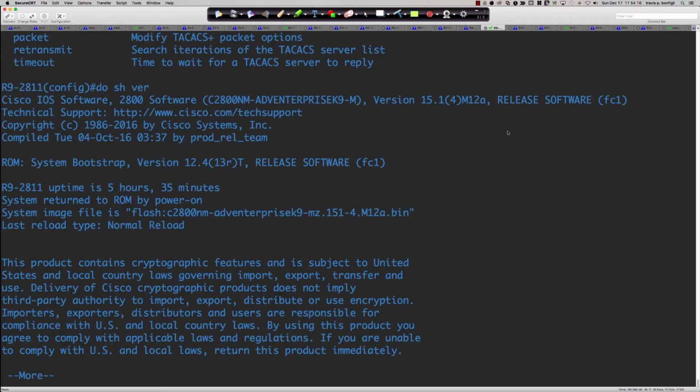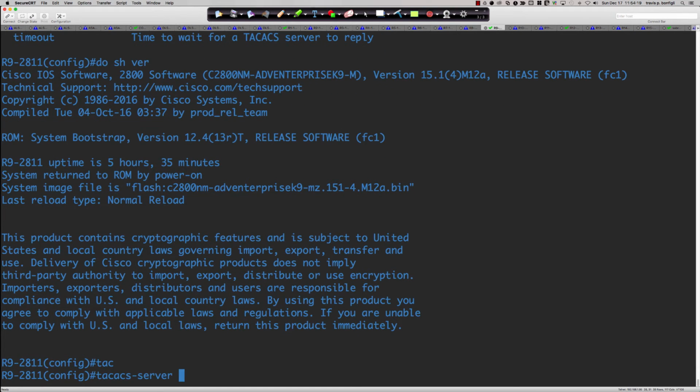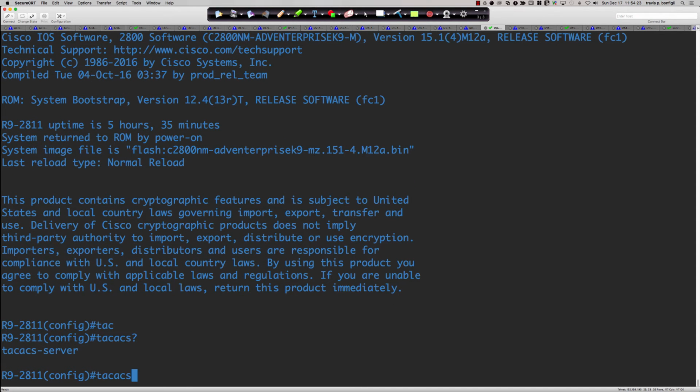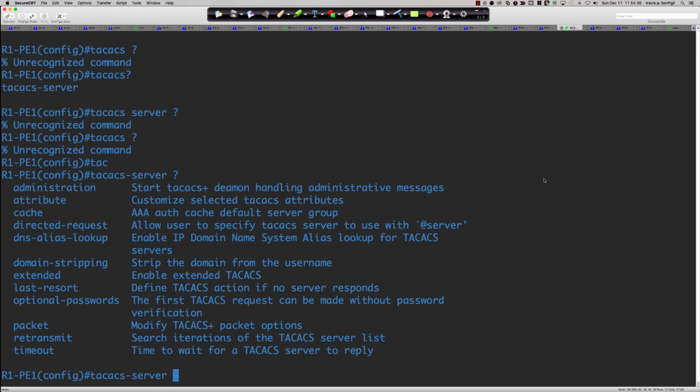If I come over to router 9 and I say, oops, sorry, I don't want TACACS server all the way. I do a TACACS question mark. You can see it's only TACACS server. But these previous versions of IOS, 15.3 and 15.1, do have the host option, whereas the latest and greatest on